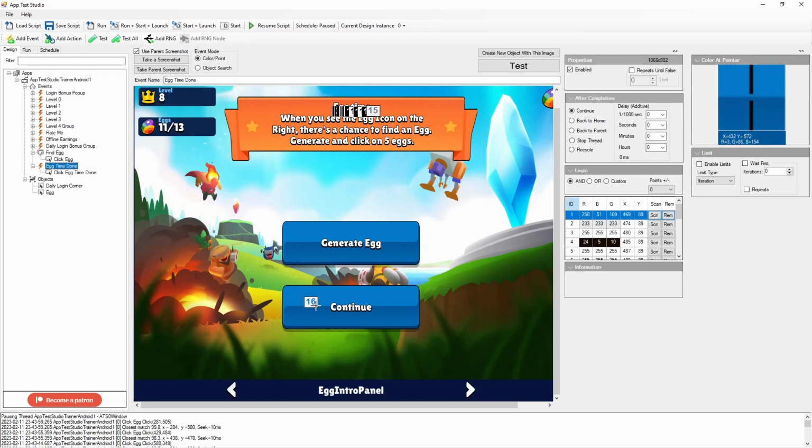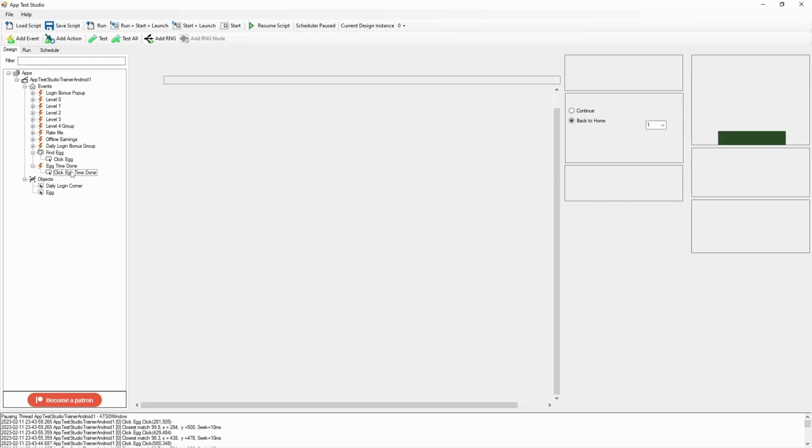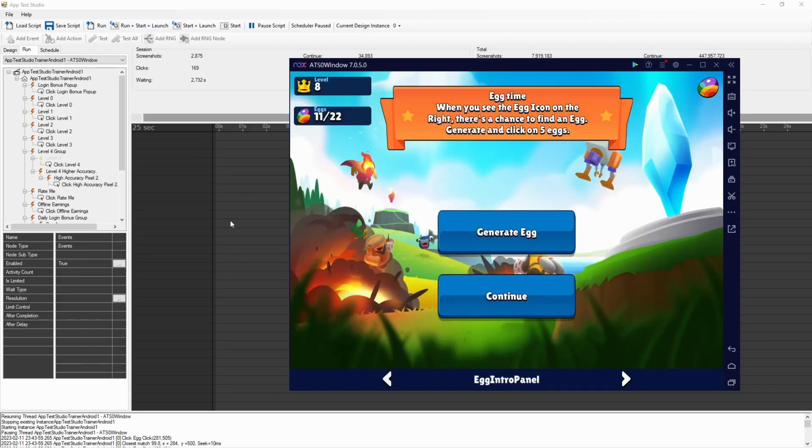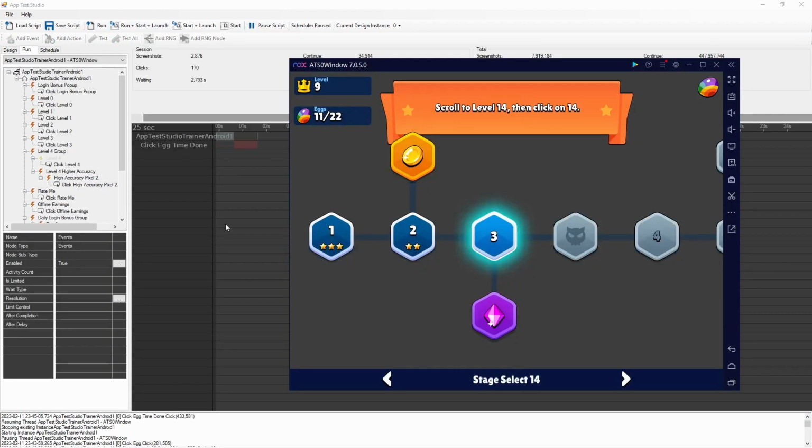So when we have the continue button available, we will click the continue button and we can hit run and see that it did that. So we covered global image search, smart image selection, make object in use, the acceptance threshold, and taking screenshots and parent screenshots in the design view. In the next video, we're going to cover how to handle a scrolling window,